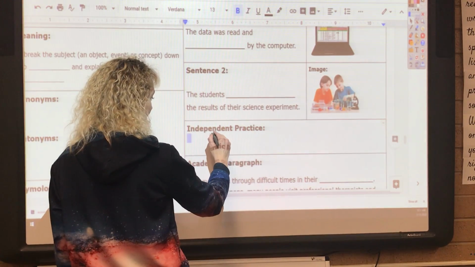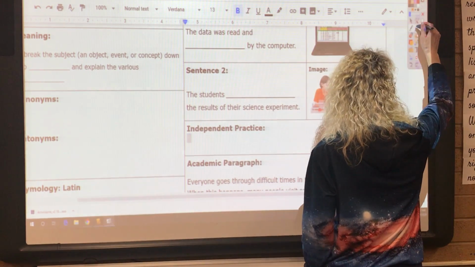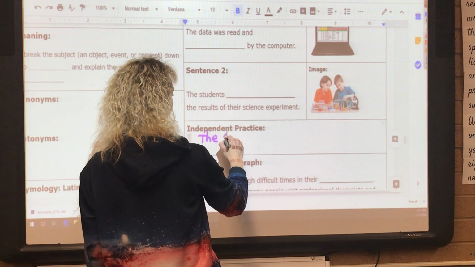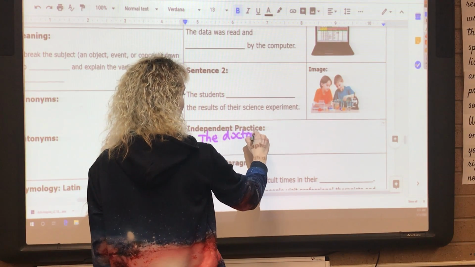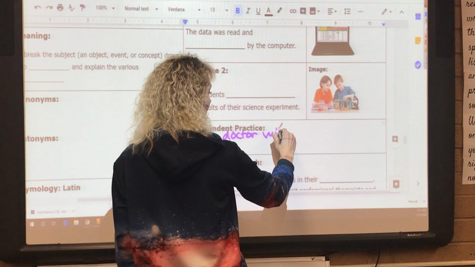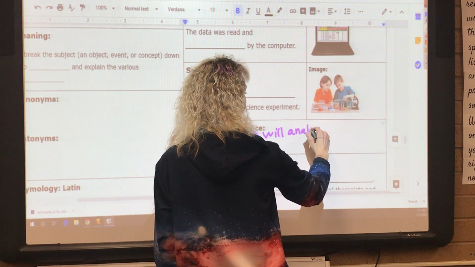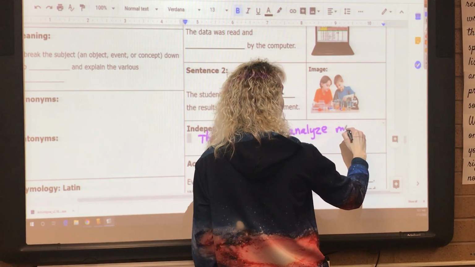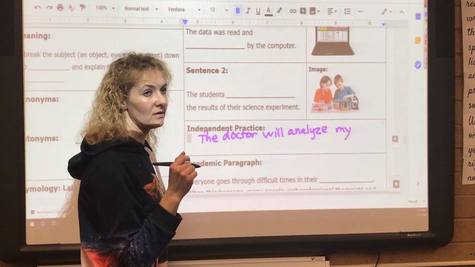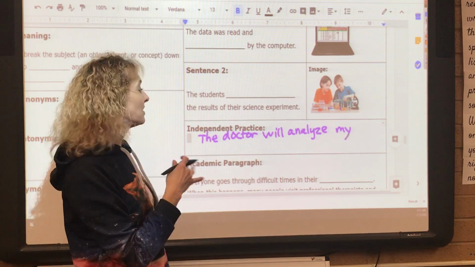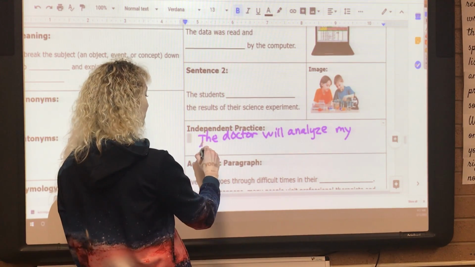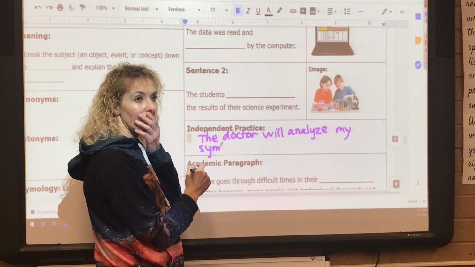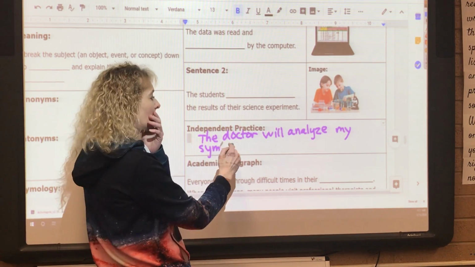The doctor. Oopsie, I gotta put this back on here. The doctor will analyze my symptoms. Because if you're watching this, then school's been closed because of coronavirus. So we'll say the doctor will analyze my symptoms, see if I have coronavirus. That would be sad. That'd be weird, huh? The doctor will analyze my